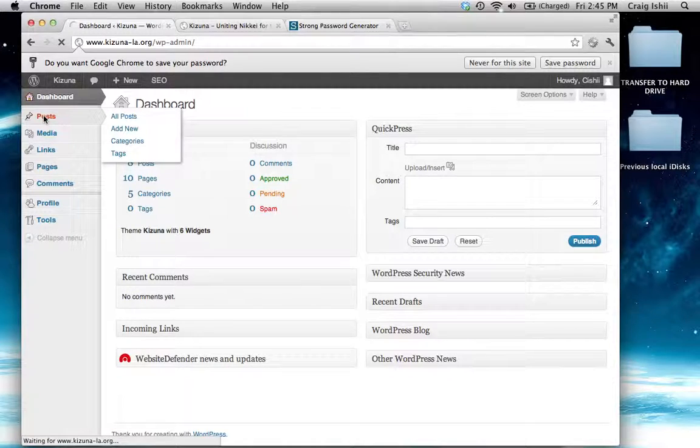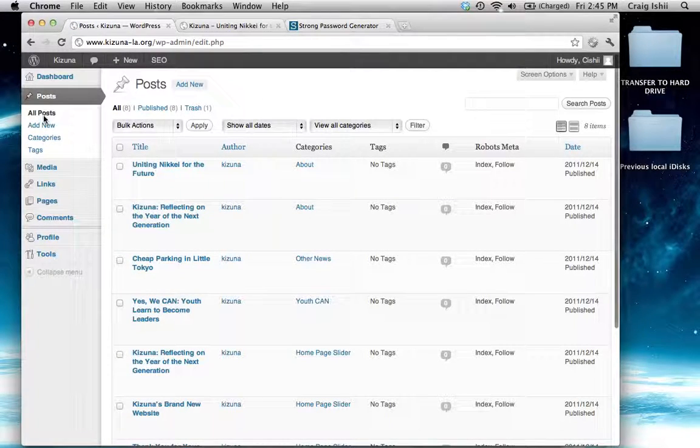Posts takes you to the post section. Now, just as a disclaimer, the post section is only used for very specific functions, 3 functions. The post section will only be used when you want to put articles into the other news section, when you want to put articles into the About section, and when you want to put articles into the